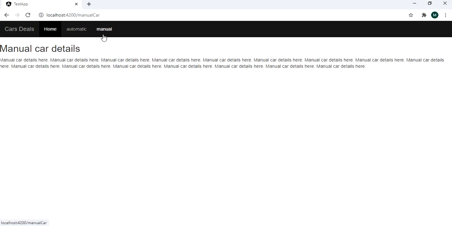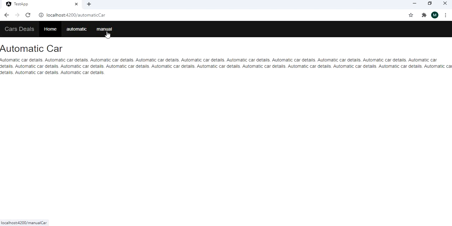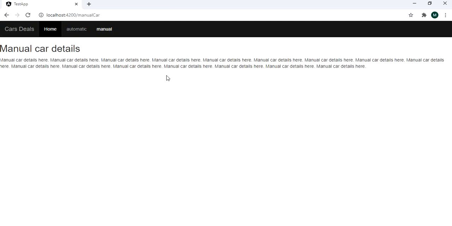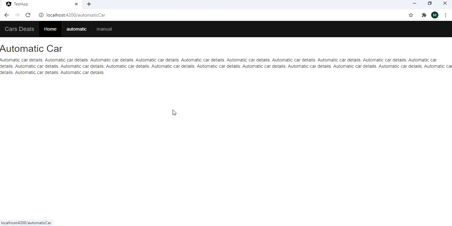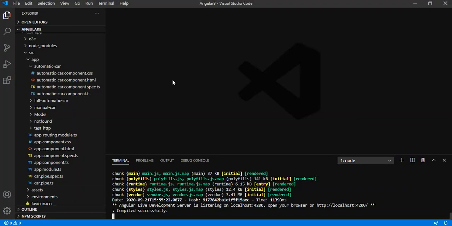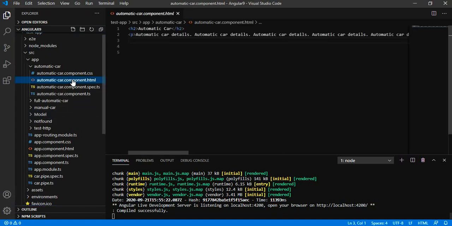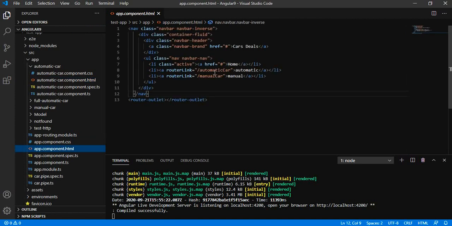We have two navigation links, and clicking on manual will go to the manual car details, and clicking on automatic will go to the automatic car details. And what if I am trying to give some parameter to this particular component?